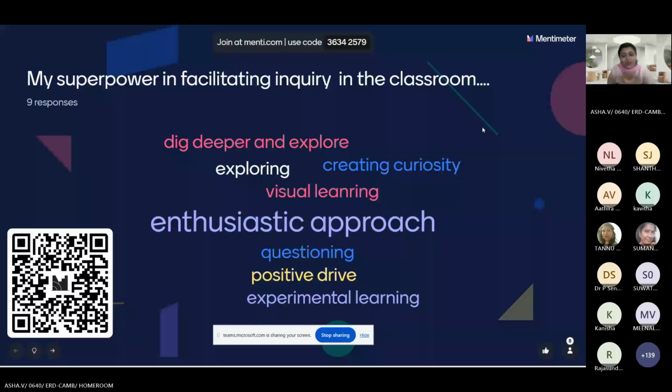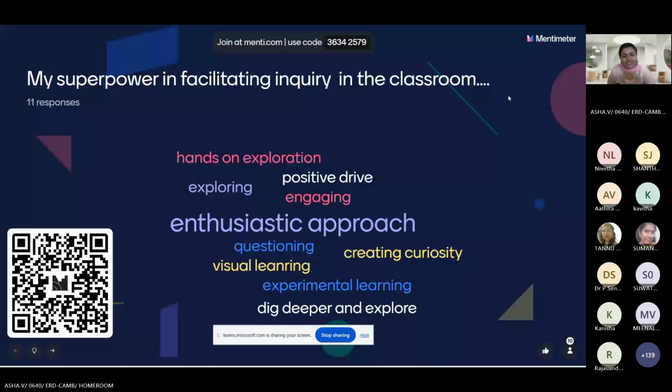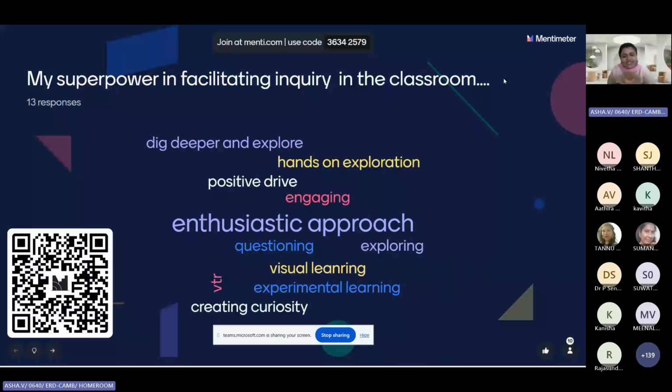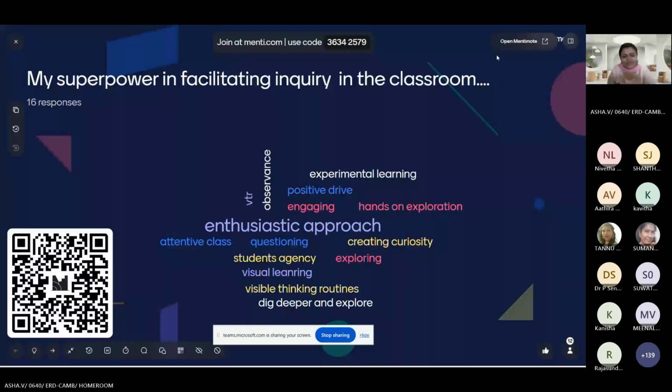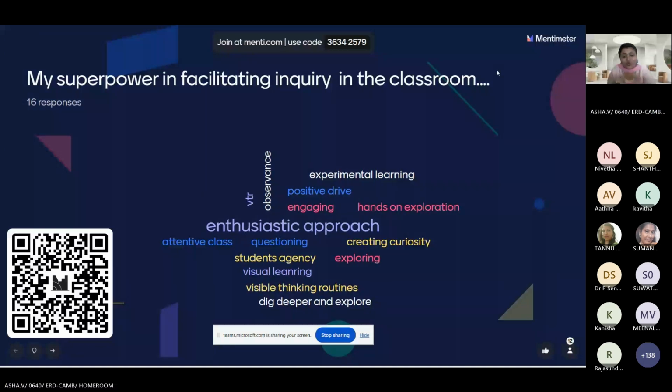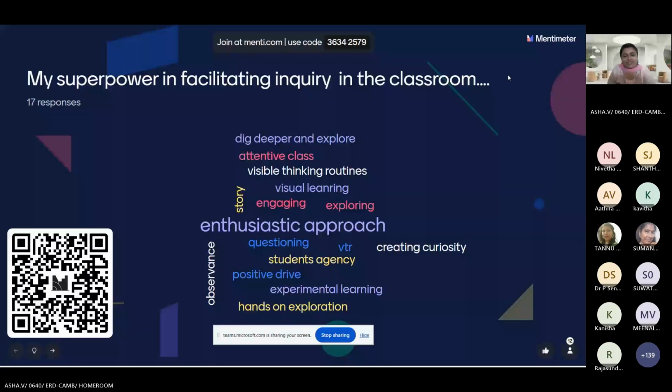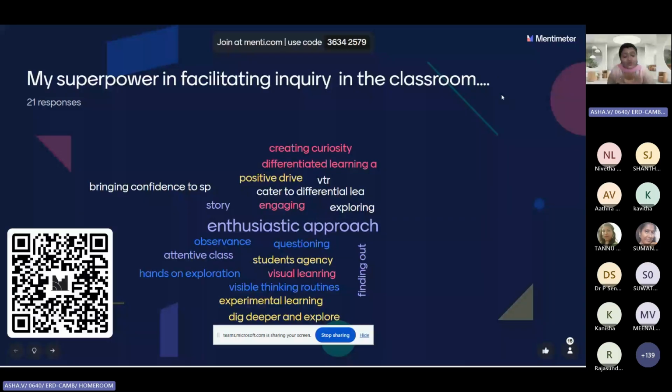Questioning, the positive drive. Hands-on exploration, VTRs, attentive classroom observance, student agency, visible thinking routines, visual learning, bringing confidence, yeah. Story, finding out, learner centric,